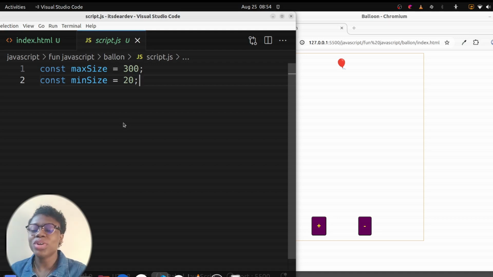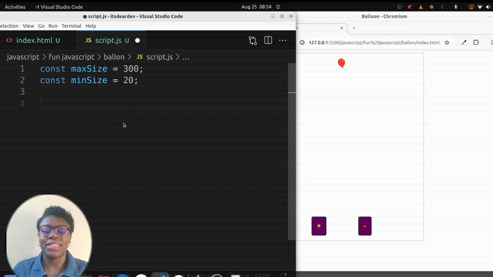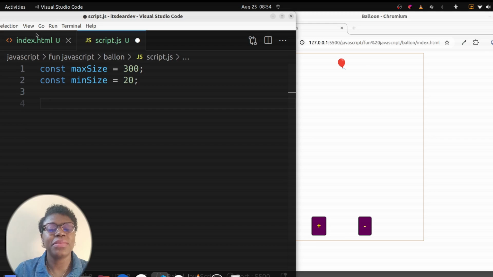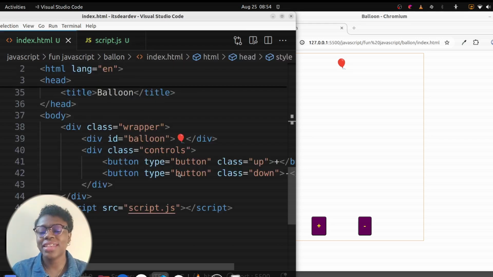Now, we want to make sure that as we click the plus button, the size of the balloon increases. We need to place an event listener on the button, something that watches and waits and says, has this button been clicked? If this button has been clicked, do this. So our plus button, if you look at our index.html, has a class of up. So I'm going to be using